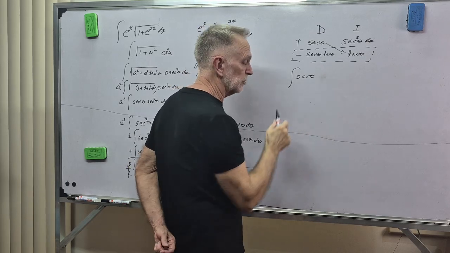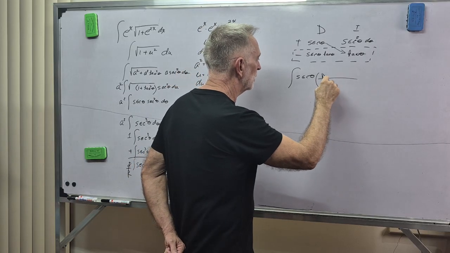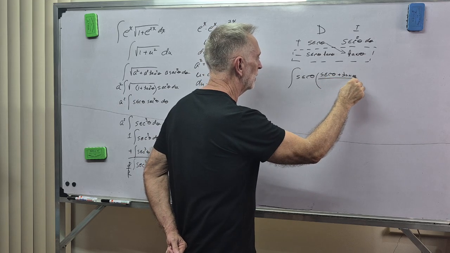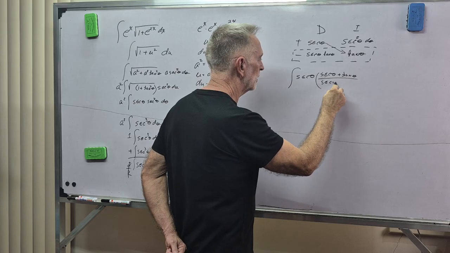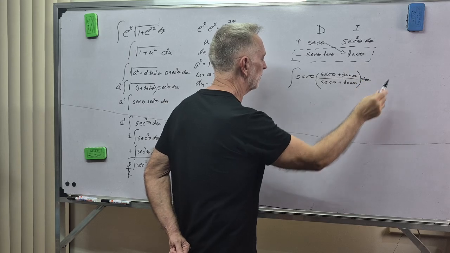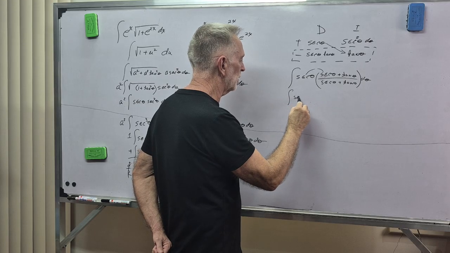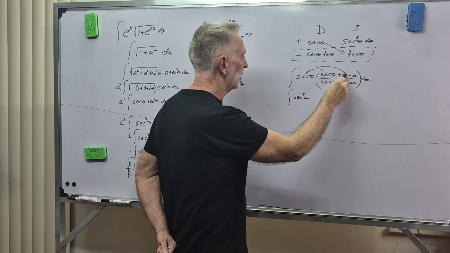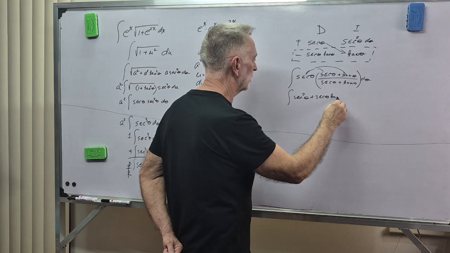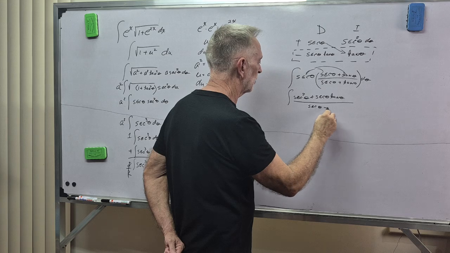Okay, I'm going to multiply this by 1, but I'm going to let my 1 be secant theta plus tangent theta over secant theta plus tangent theta d theta. Okay, if I distribute this to the inside, I end up with secant squared theta plus secant theta tangent theta over secant theta plus tangent theta